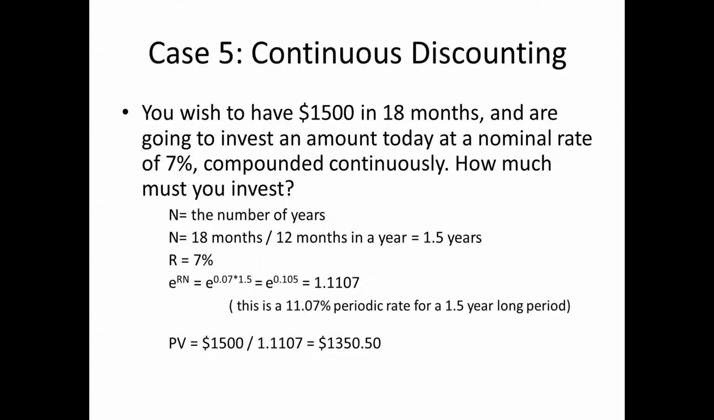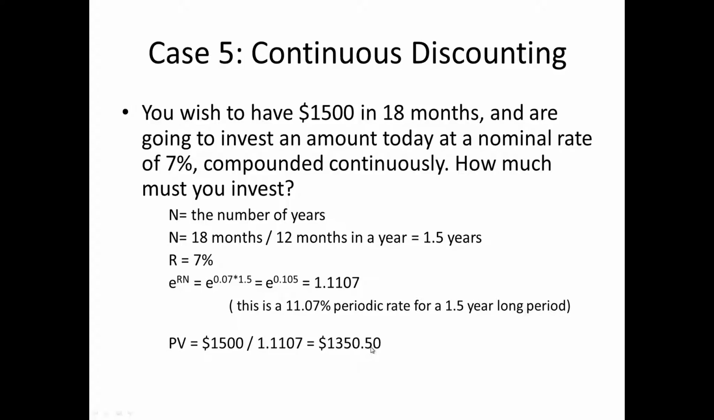So that would suggest that your periodic rate, which is the rate that you're going to earn over the 1.5 year long period, is 11.07%. So 7% a year, but 11.07% in a year and a half. So if we now just want the present value, we're going to take the $1,500, divide it by 1.107, which gets us